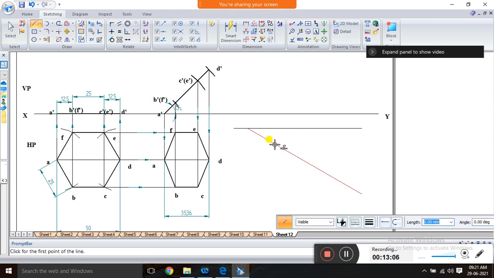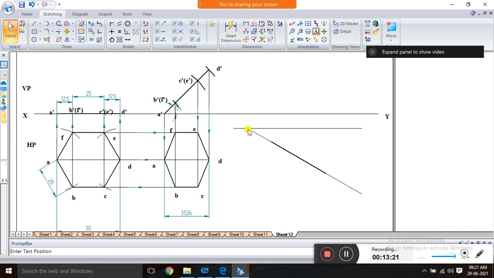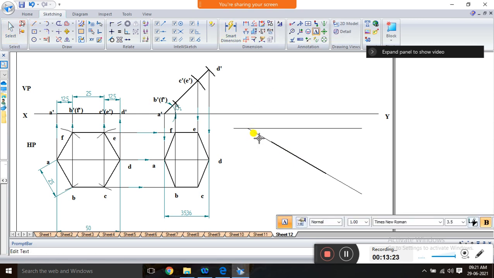So first take a point. Just place it anywhere on this 30 degree line, and the length is 50, with the help of a scale. Okay, 50, mark it. Then name this point. This point we can call it A, and this point is not actually C. It is a locus of C. This point is locus of C. So for that you have to draw one locus line. Clear?